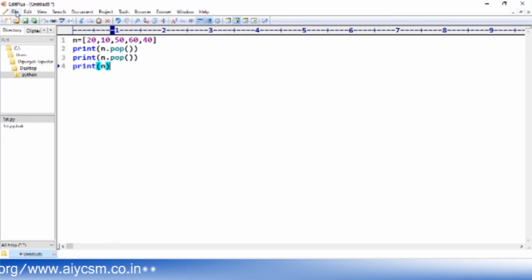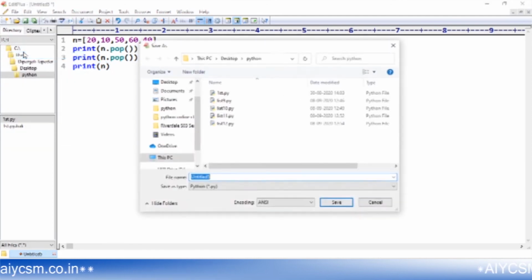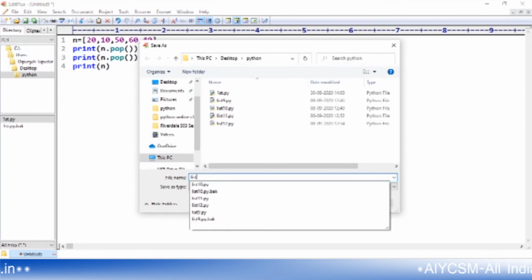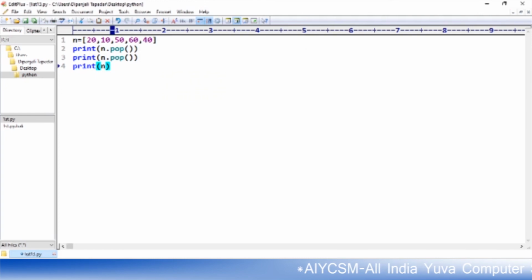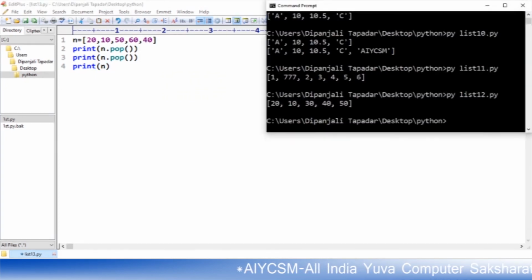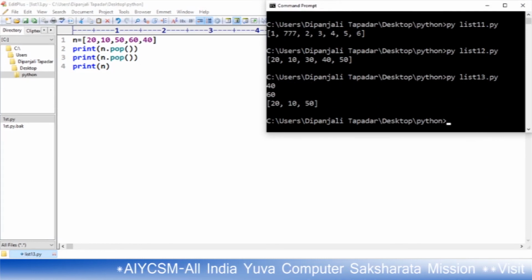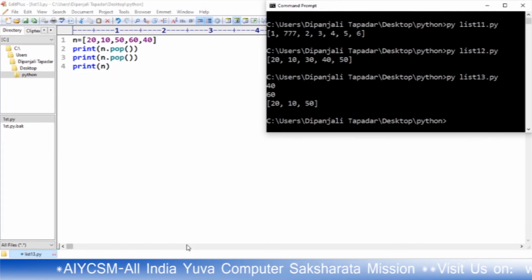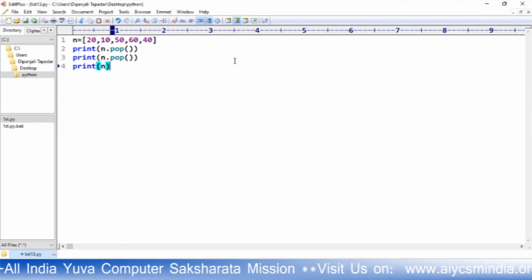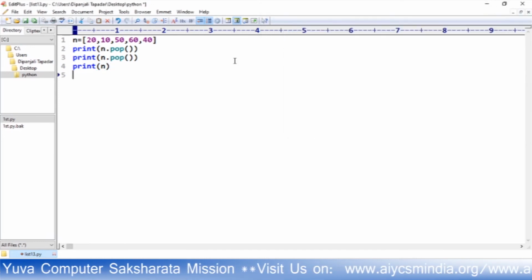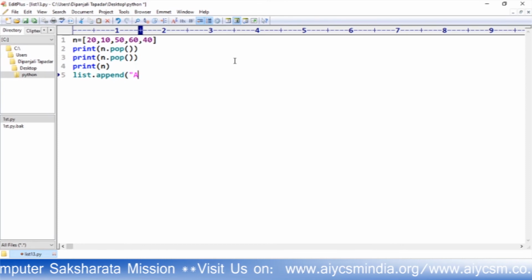Save this as list 13.py. Run it from the command prompt. You will see 20, 10 and 50.